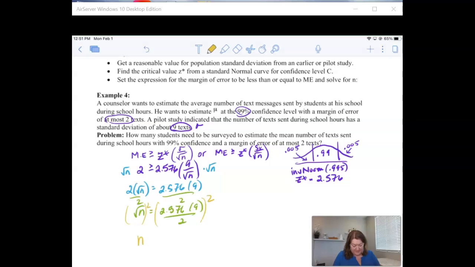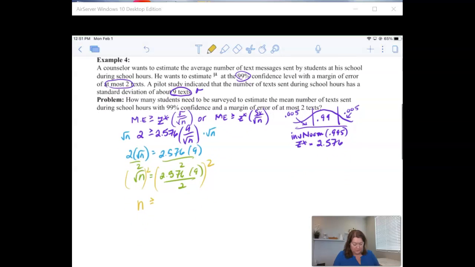Now I would have n, and I'm going to put this back into greater than or equal to, is greater than or equal to 2.576 times 9 all over 2, and then squared. So n has to be greater than or equal to the square of 11.592, which is 134.4 people. I need it to be whole people. 134 will not be enough, so I have to go above it. So we should sample at least 135 students